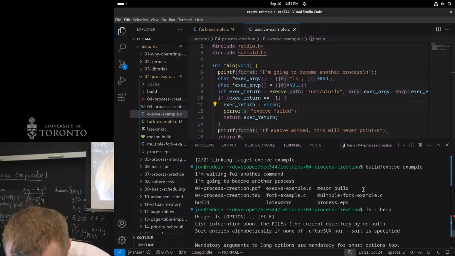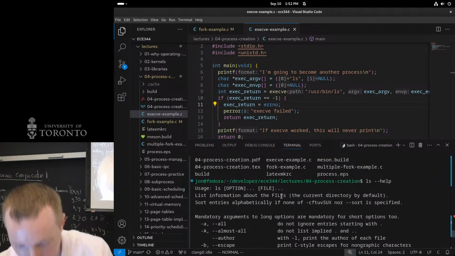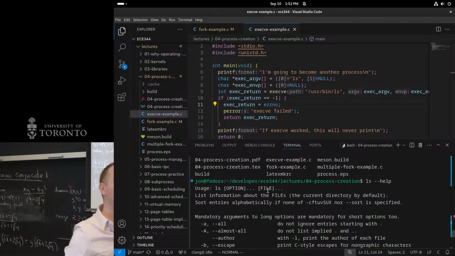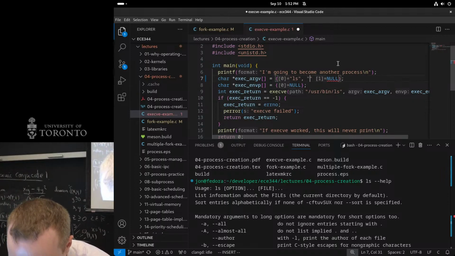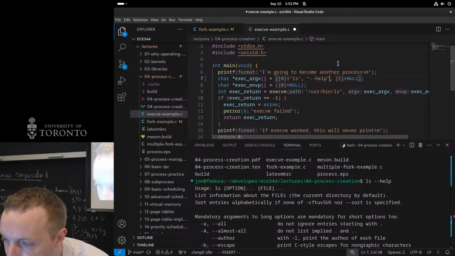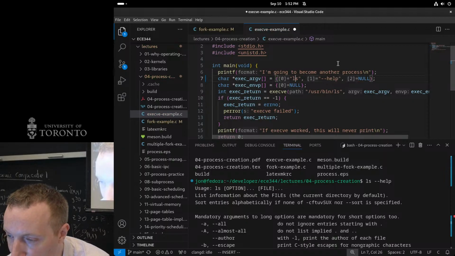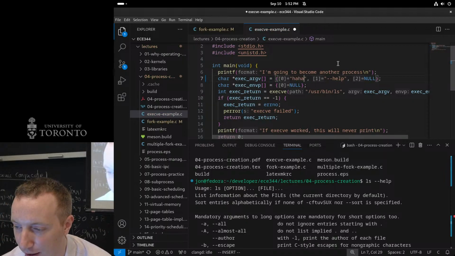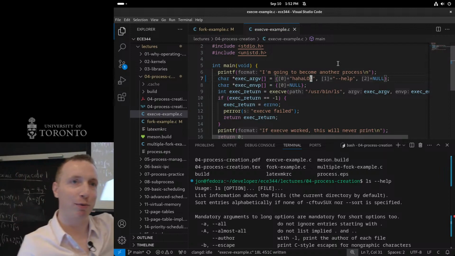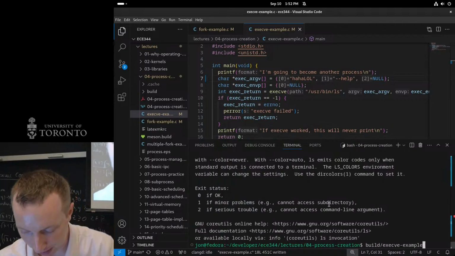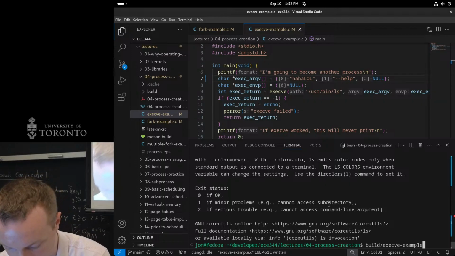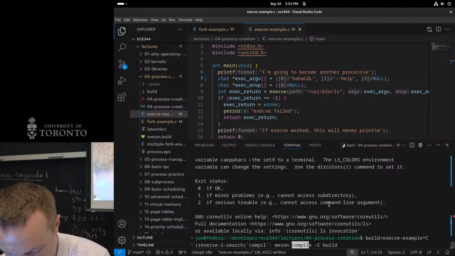So if I type ls --help, it'll give me something like usage: ls, and then tell me all the command line arguments it takes. So let's say I run it with --help. Say I just gave it a random name. It turns out some programs actually use that, and it doesn't have to correspond to what the file is. So if I compile and run that,